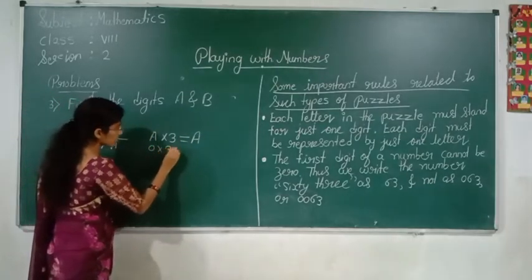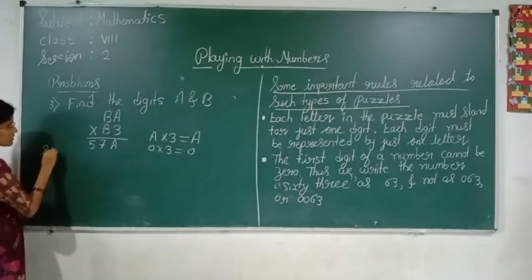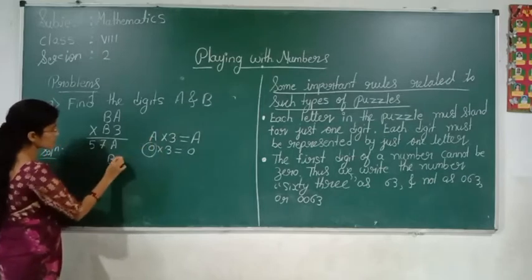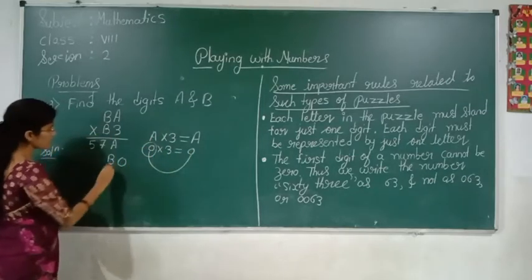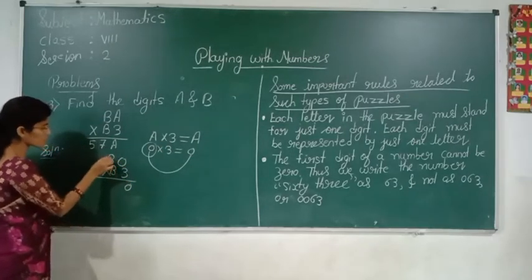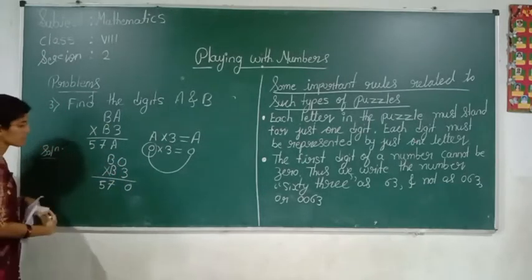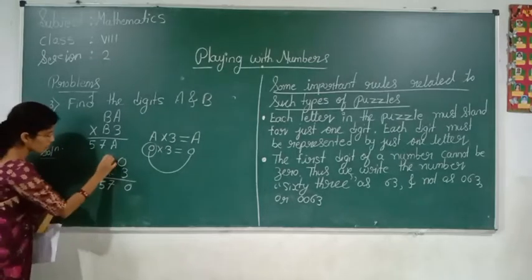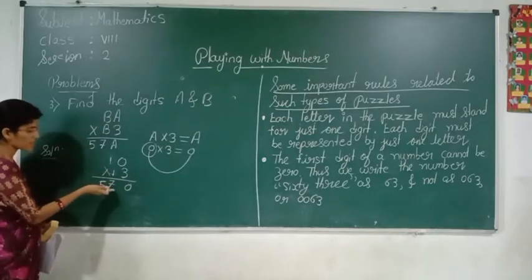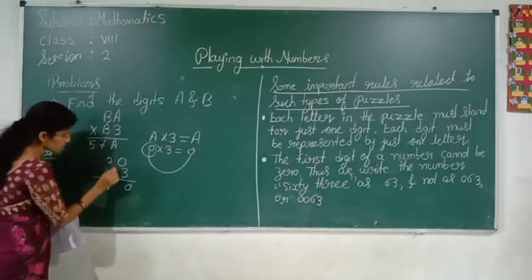0 into 3 is 0. Okay, if you go on checking for this, we will see now. If you check, the A value we have substituted is 0, because again we are getting the same thing. Here 3 into 0 is 0. We have to substitute the B value in such a way that the answer should come 570. Now is it possible? We will see. See here, if I take 1, 10 into 13 is 130. I want 570, right?